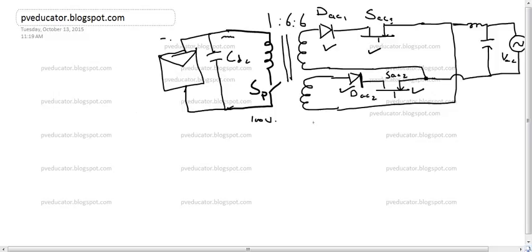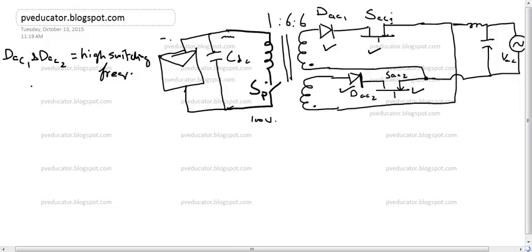Remember that when you are switching this primary switch SP at 100 kilohertz, this dot will also change at 100 kilohertz. Therefore these diodes DAC1 and DAC2 must be of very high frequency switching. Okay, and that is why we use Schottky diode for this application. So for the diode voltage, again we are having this, and for this SAC1,